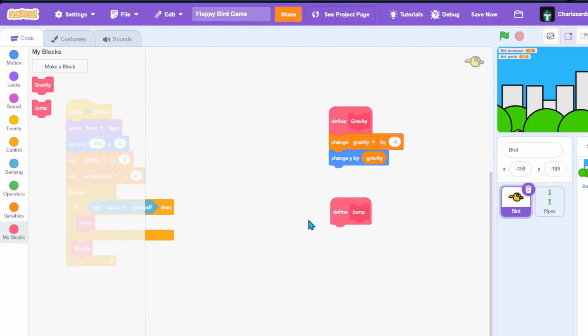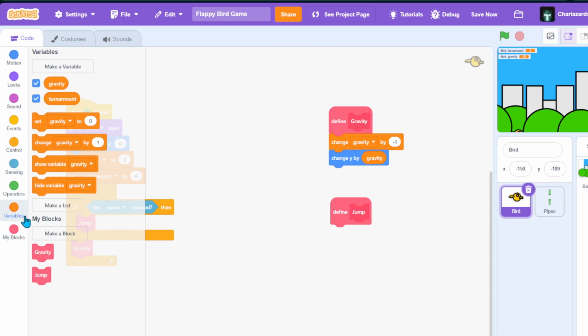Define jump. We're going to set gravity to 12. And I know this is a little confusing, but set gravity to 12 makes it so that the bird jumps up super high, and then the gravity is also running, so it's gonna slowly get less and less, and then it's gonna go into a negative number. So set gravity to 12, and also